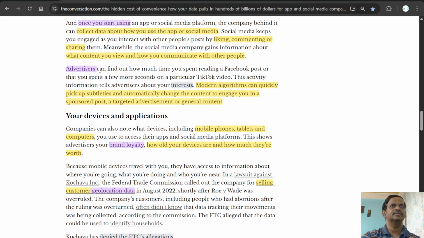Then advertisers can find how much time you spent reading any post. If you spend a few more seconds on a particular TikTok video, those activities also get monitored. This information tells advertisers about your interest. Modern algorithms can quickly pick up subtleties and automatically change the content to engage you in a sponsored video, sponsored post, targeted advertisement, or general